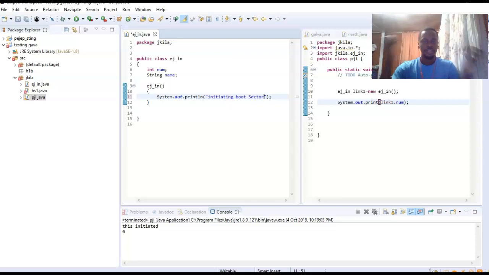Initiating boot sector. Yeah, but the whole thing is just